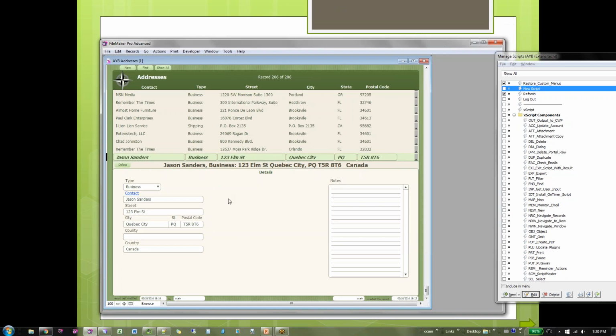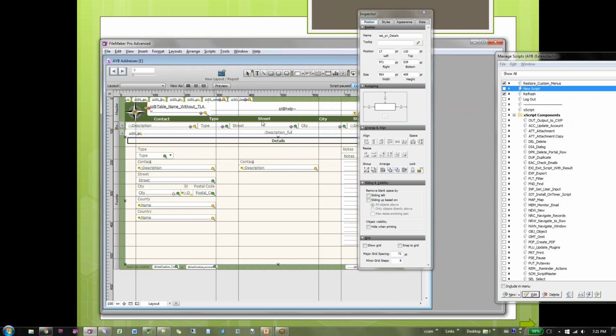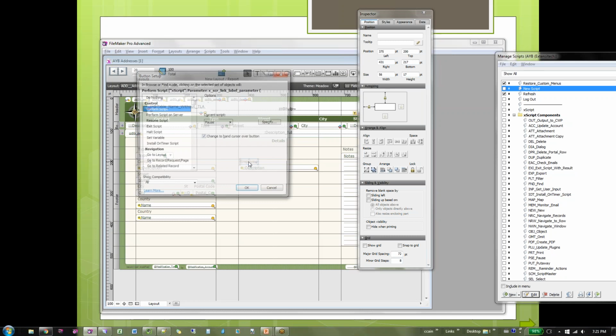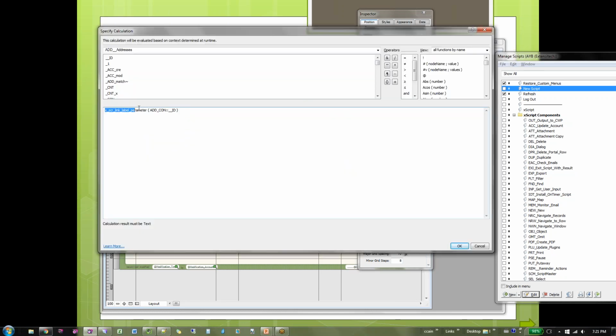Now I go into layout mode. Remember I said copy more than you add? I'm going to copy this, or actually I'm just going to duplicate this, move it over here. As I said, I am working on some development that has this down to even less steps, but for now, I would change the label here. I'm using a custom function so that everything's the same except this key right here.